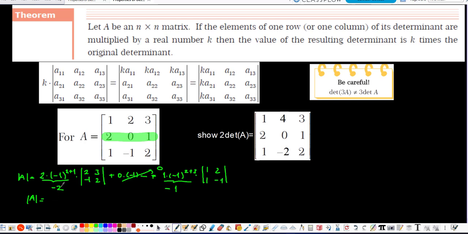it's going to be equal to minus 2 times 2 times 2 is equal to 4, minus 3, it's going to be 1 times minus 1 times 3, it's going to be minus 3. Then here plus, actually it is minus 1 times, 1 times minus 1 is equal to minus 1, 1 times 2 is equal to 2, so minus 2 it has to be. And then it's equal to minus 2 times,